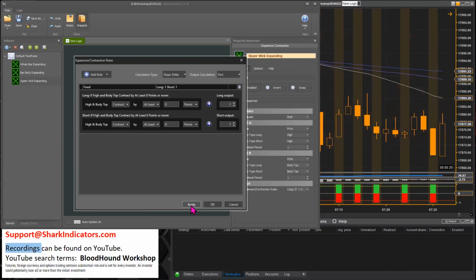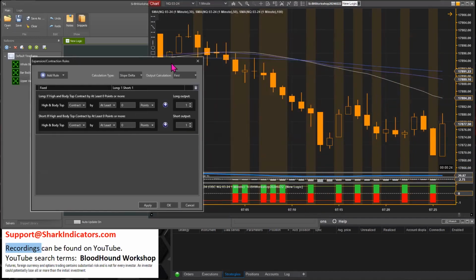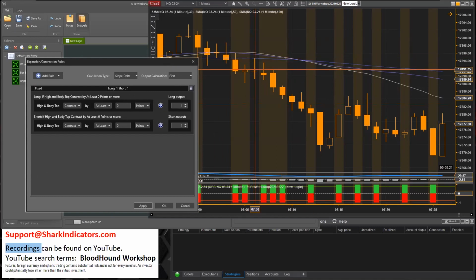So let's see what we got here. Yeah, here we go. All right, so we have a fairly large upper wick, and then that wick got a little smaller, and a little smaller, and it looks like that wick is actually the same size as the previous one there. All right, so just to cover all bases here, if you wanted to see if maybe the body sizes are remaining the same, or if the wicks are remaining the same, then